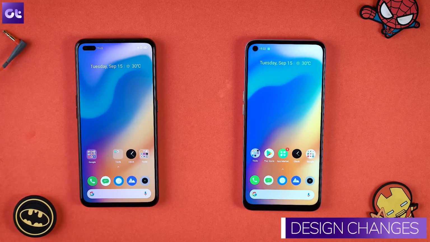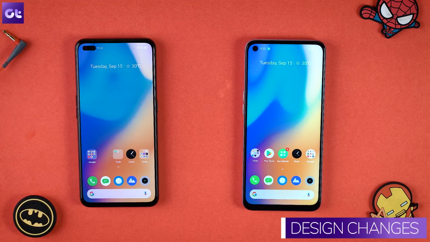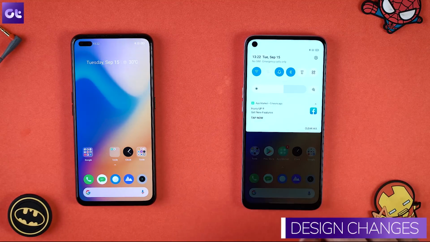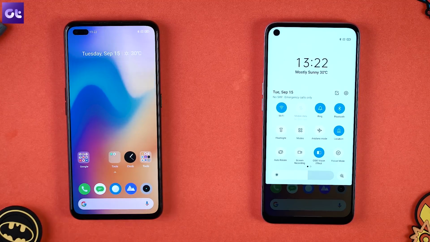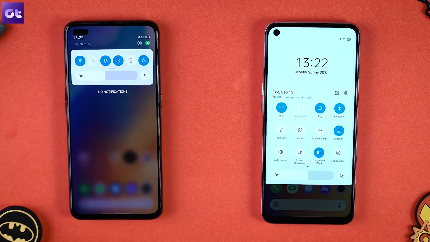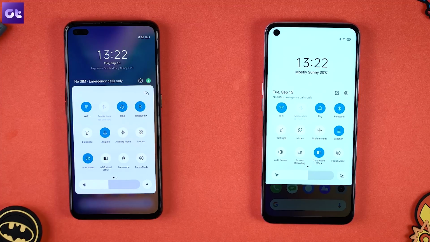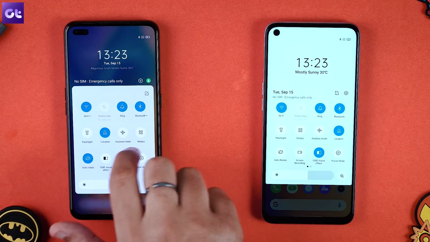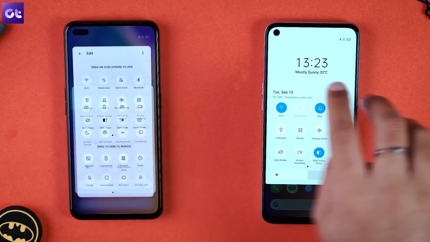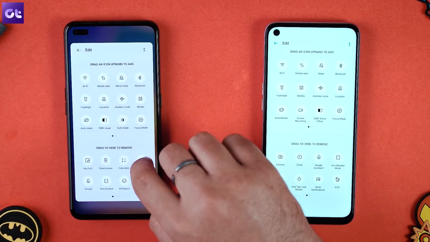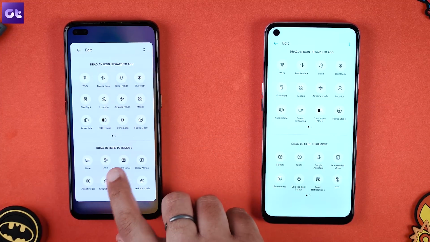Okay, so the first thing that we notice here are the design changes. In Realme UI 1.0, this was the notification bar that you had, a normal notification tray, and when you slide it open, you have all this whiteness all around. With Realme UI 2.0, you get a transparent shade, and the transparency continues throughout the overall experience. Also, if you notice, the icons are pushed a little bit downwards, making them easier to reach with your fingers. Then you have the overall same menu in terms of quick settings, but a couple more quick settings tiles are available on Realme UI 2.0. So that is another big plus.